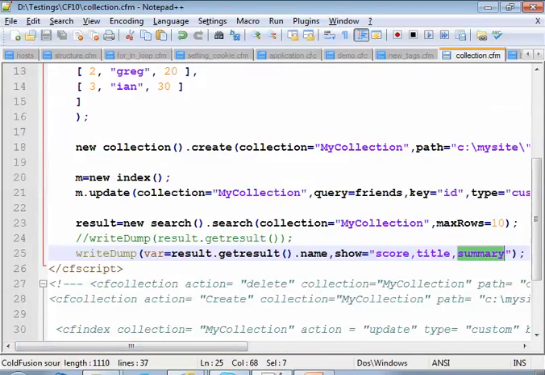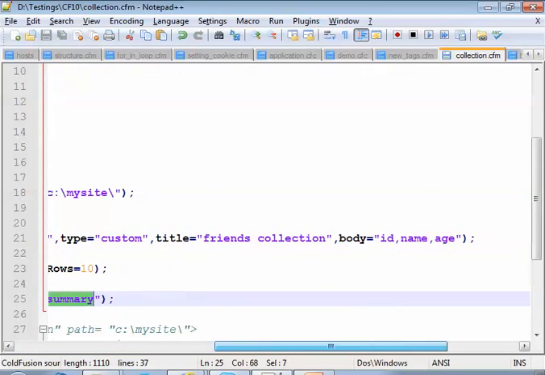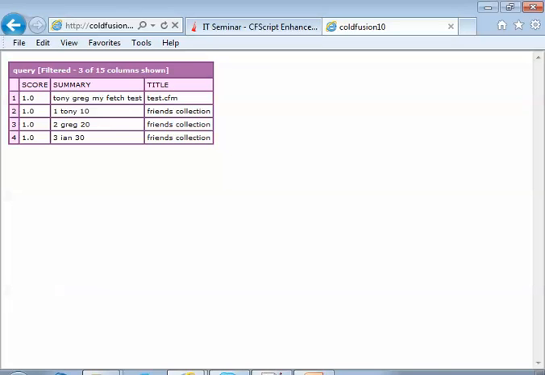We can see the example here. In body we have given all the three names. If we just remove the name, only ID and age, you can see in summary we are getting only ID and age, 110, 220, 330. The summary holds all the data.